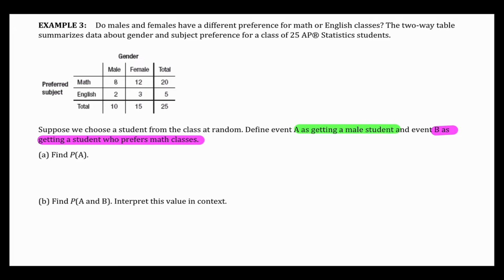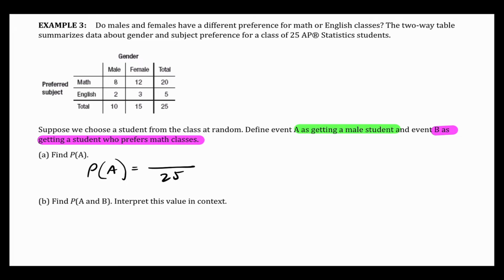So what's the probability that I reach into the bag of names and pull out a student who's male, whose gender is male? What's the probability? How do I figure that out? Total means divided by total number of students. There you go. Yeah. Right. Probability is total at the bottom. So how many names are in the bag? 25, right? That's the total. The top is however many fit